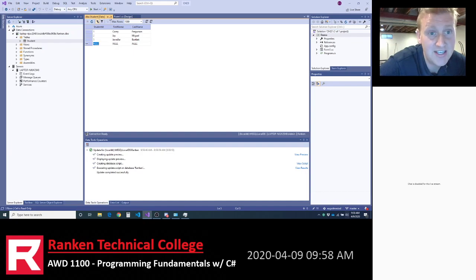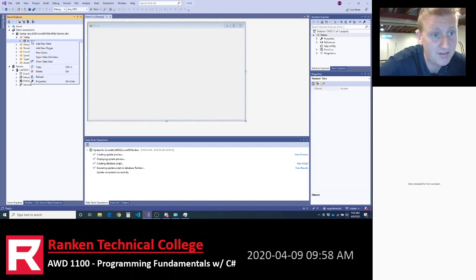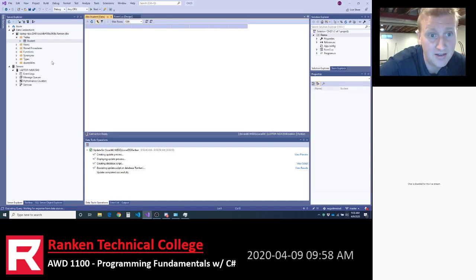And so that actually did insert the data, and I can right-click, show table data again. You can see the tables there.